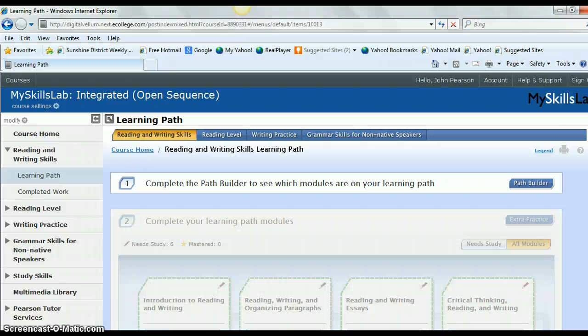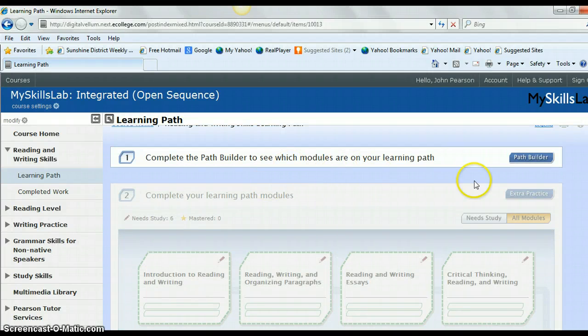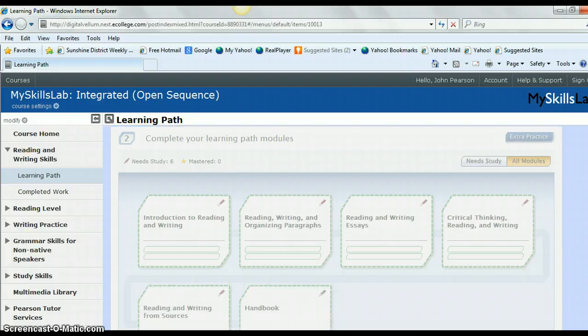And these are your buckets. Actually, I haven't taken the path builder, but at least you can see what the modules look like. The modules, as you can see, are combining reading and writing skills. Within each module, the students are given an overview of that lesson, an animation, examples, practice,